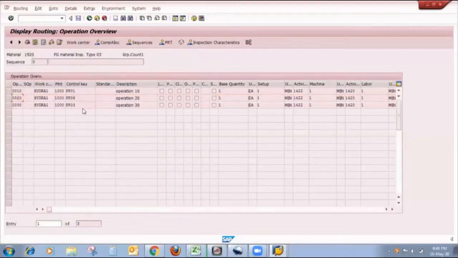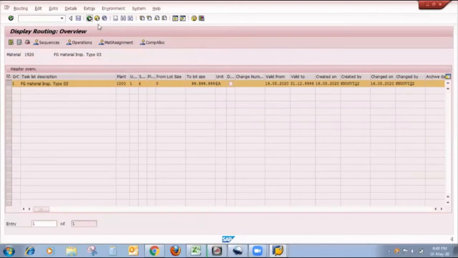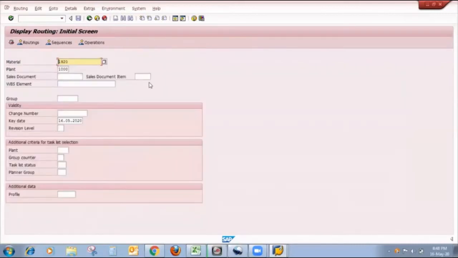In the last operation, I use PP03 control key. It is milestone confirmation. So what is this milestone confirmation? For that, I had already made one video. You can see that video. So now I will go back. So these are the main prerequisites for generating an inspection lot for in-process inspection.